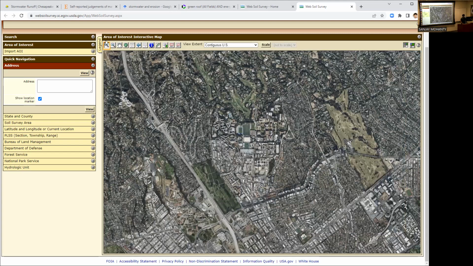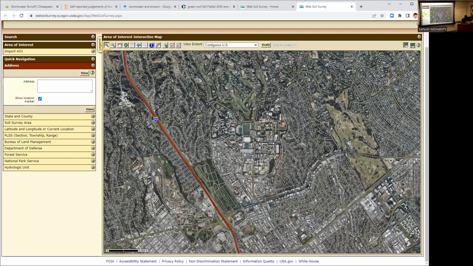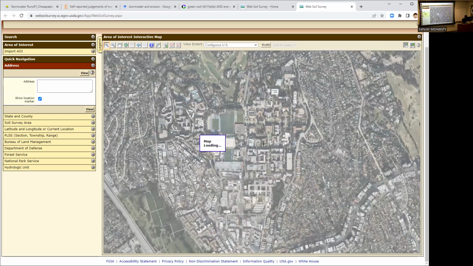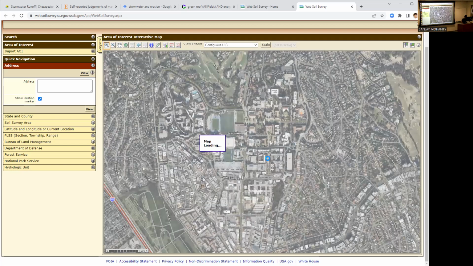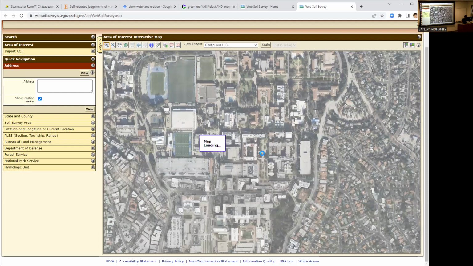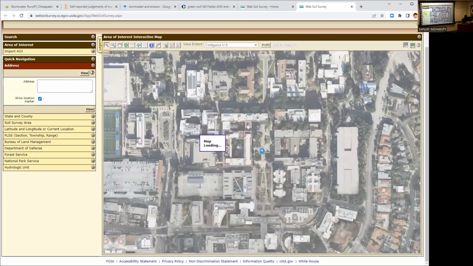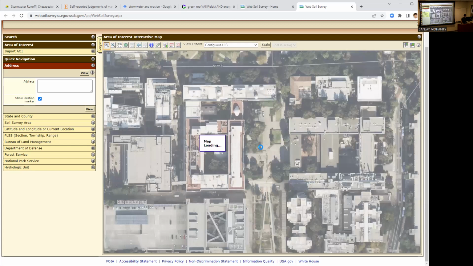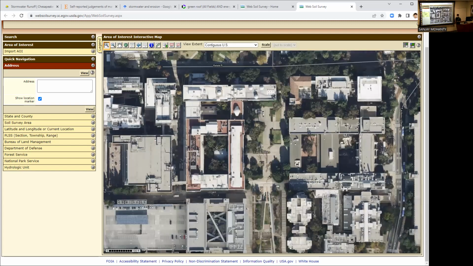So what I did is I click on the zoom and then I start clicking on where I want. So let's say this is the place. Okay, so this is Boelter Hall. Now you can see, right? So now what you have to do is find out what soil type is here, because you want to replace entire locations with permeable pavements. So you can create your AOI, area of interest.